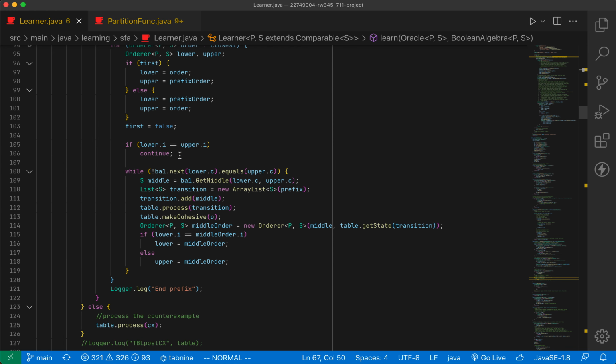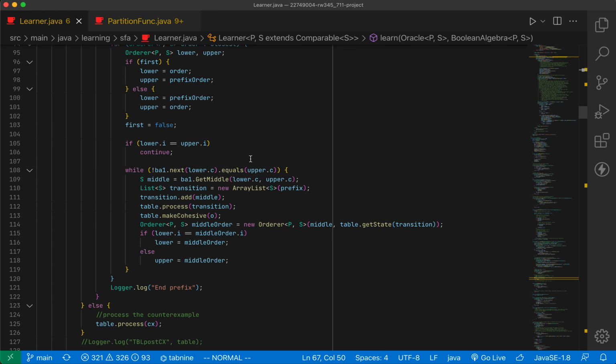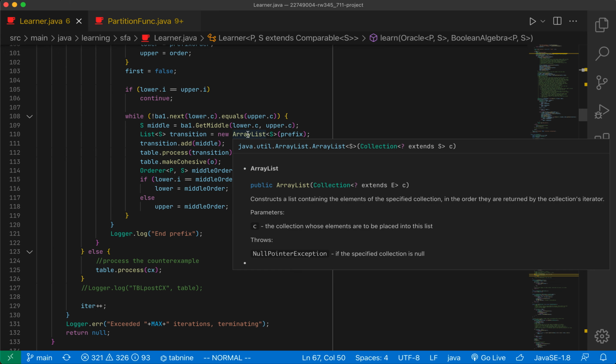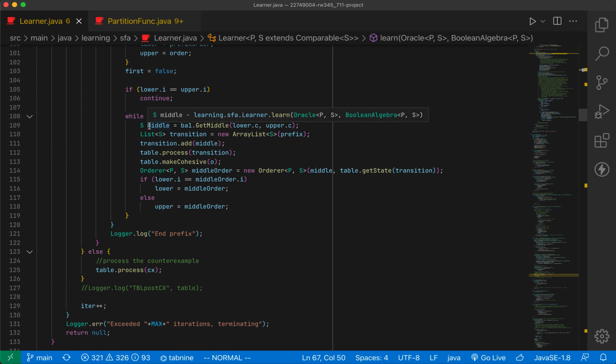So if the states of the lower and upper bounds of the interval are the same, then we've already reached the limits and no work needs to be done, so continue to the next iteration. Otherwise, implement the crux of the binary search querying implementation, which is to actually find the boundary tuples by asking membership queries. So the middle value between the current bounds of the interval is saved in the middle variable using the Boolean algebra low set